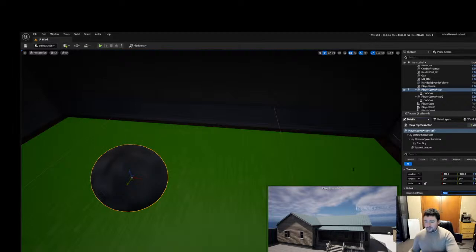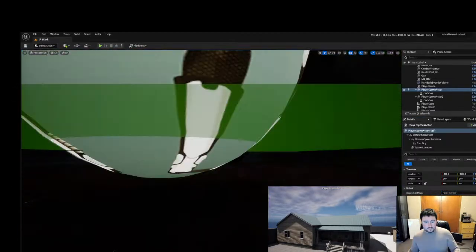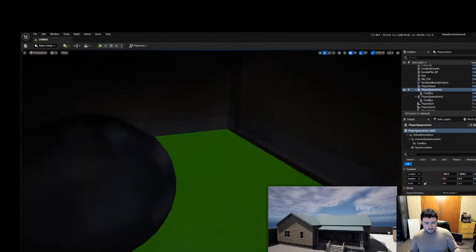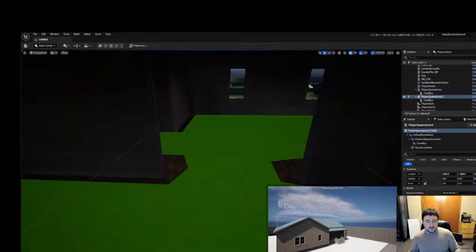There you are. I'm blind. House number 1. There you are. House number 2. Whoop. That's not what I wanted. Okay, so